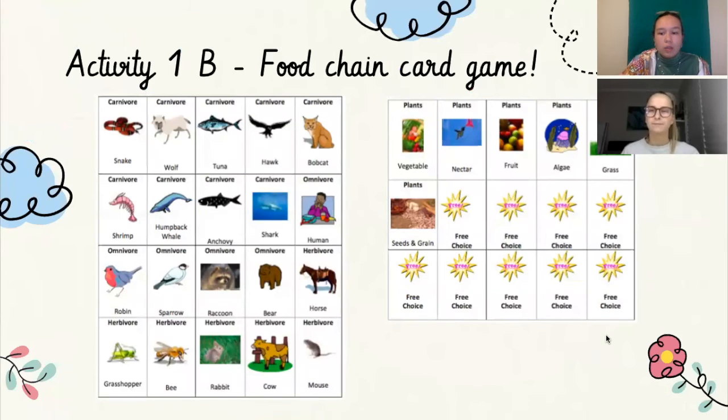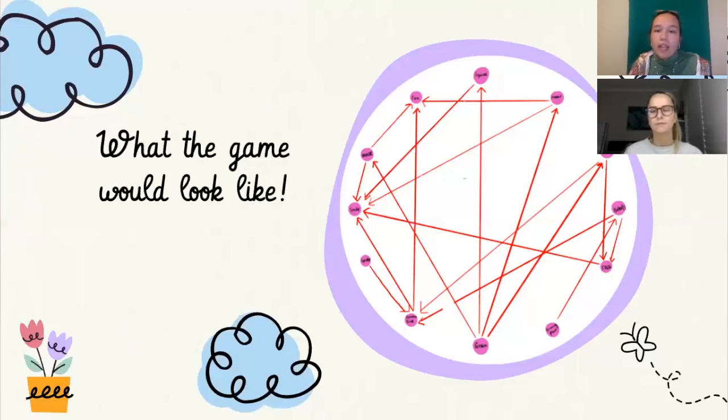And then, once they've made their model, the teacher will go around and find one species on that food web that they choose, and the teacher will cut the yarn that student is holding to model what extinction could look like, and to show how a lot of the food web will fall apart from